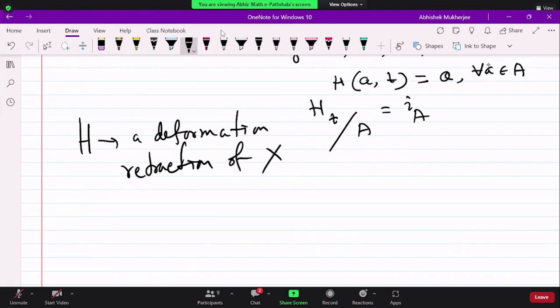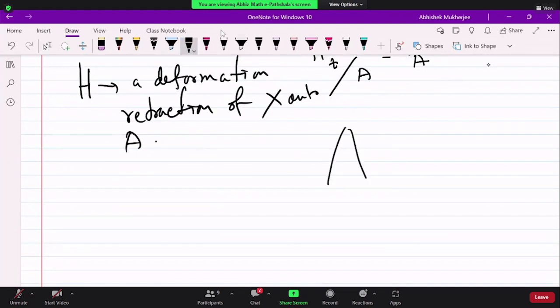Of X onto A. Okay. And I have already given a very particular kind of example of that, that is a thin A and a fat A. So you can also take that as an example, which was given in the previous session, and you can make it a,